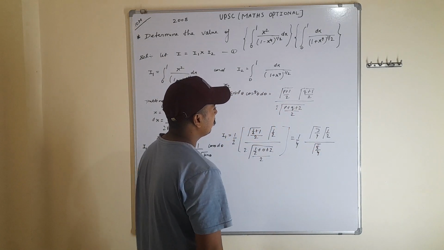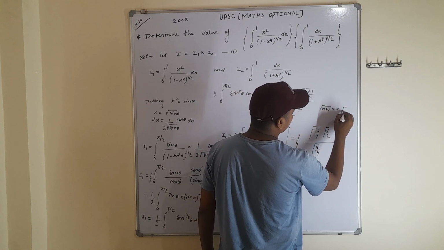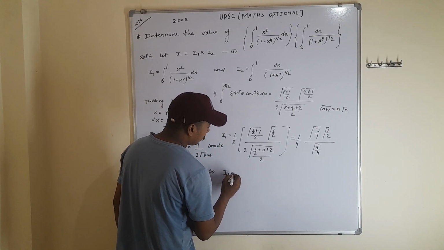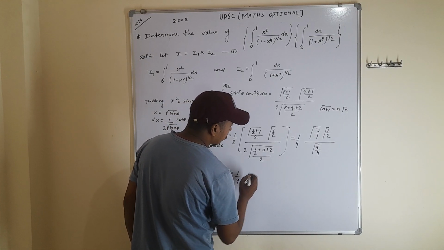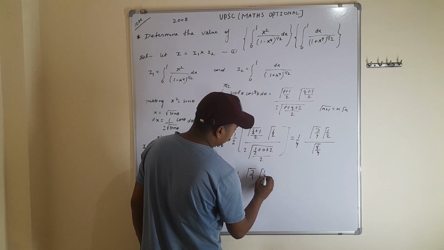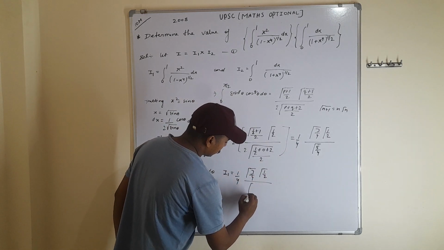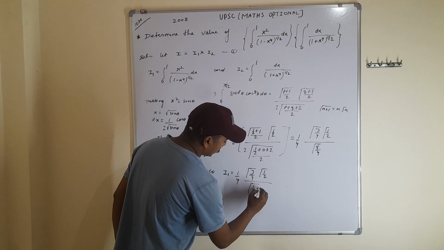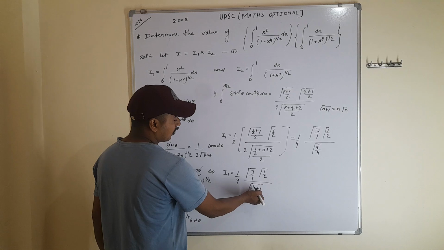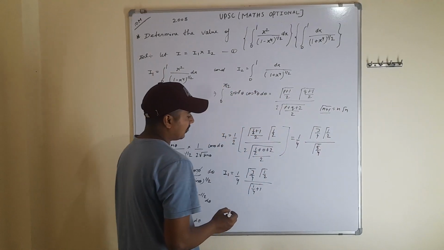Using the formula, gamma n plus 1 is equal to n gamma n, in the above, I1 is equal to 1 by 4 times root gamma 3 by 4 and gamma 1 by 2 upon gamma 5 by 4. Gamma 5 by 4 is written as gamma 1 by 4 plus 1. Nothing to change, that is 4 1 is 4 and plus 1 is 5 by 4, in the form of gamma n plus 1 written as n gamma n.